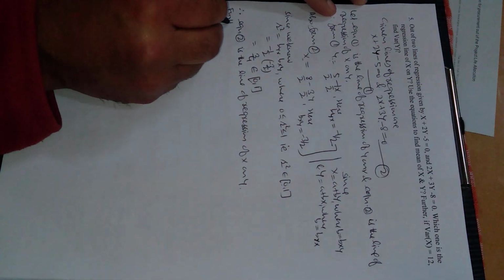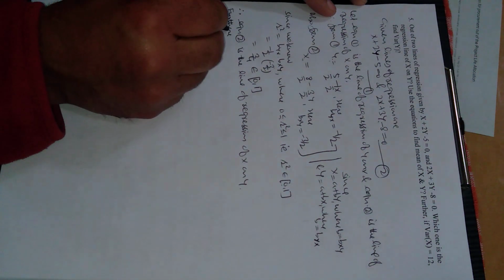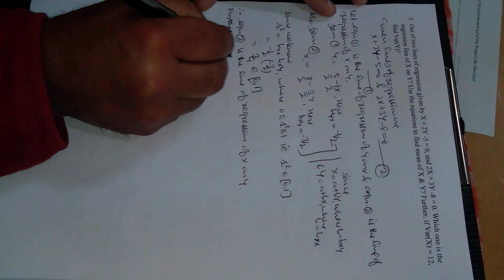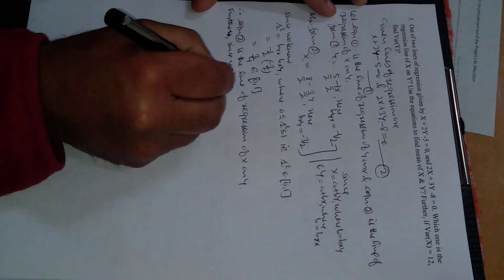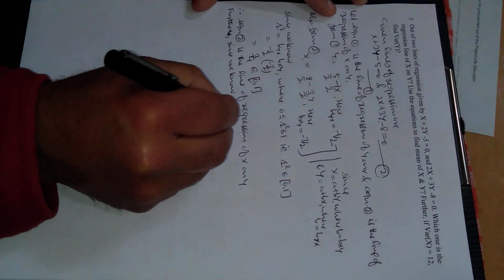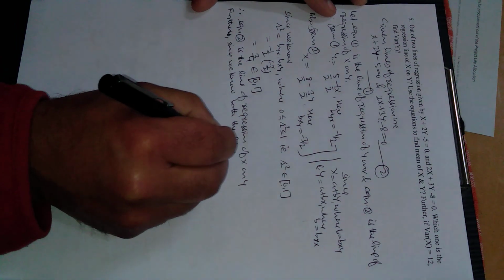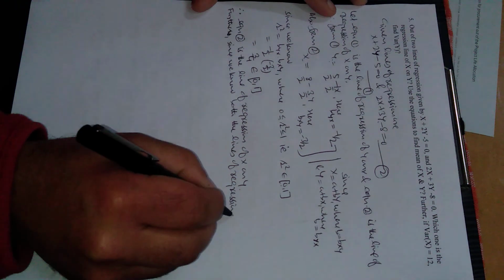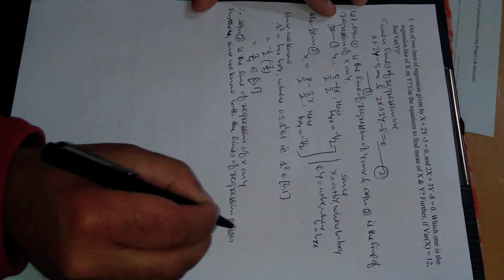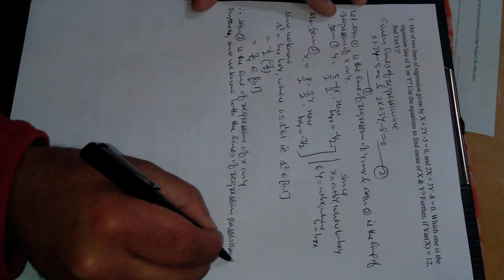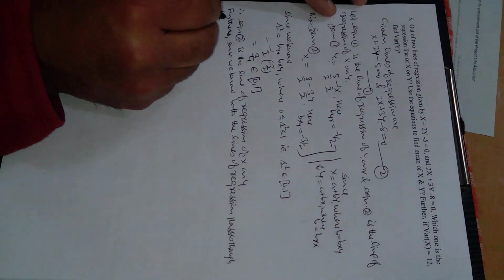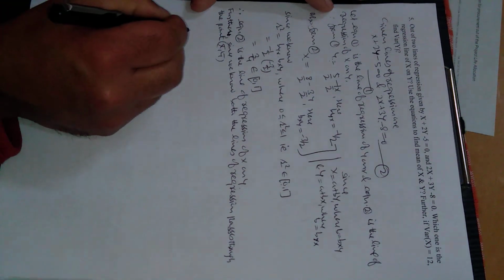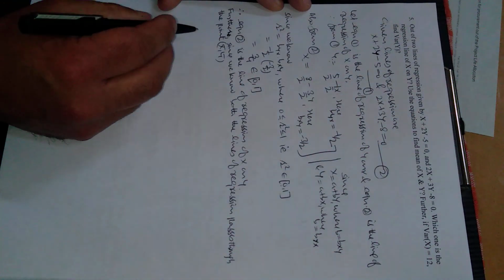Further, since we know both the lines of regression pass through the point (x bar, y bar), it means both of these equations will be satisfied for x bar and y bar.